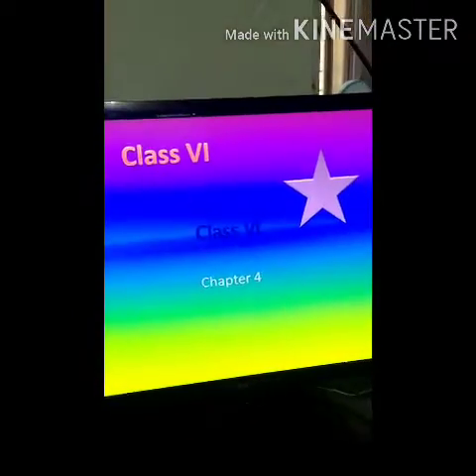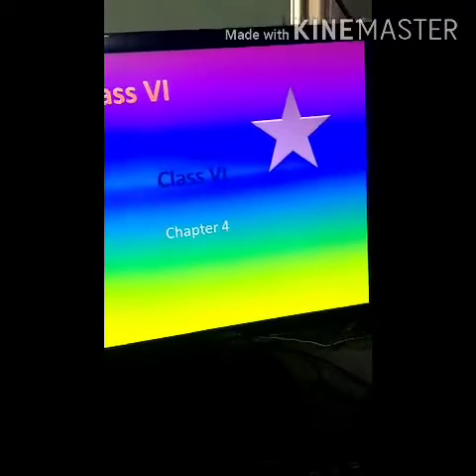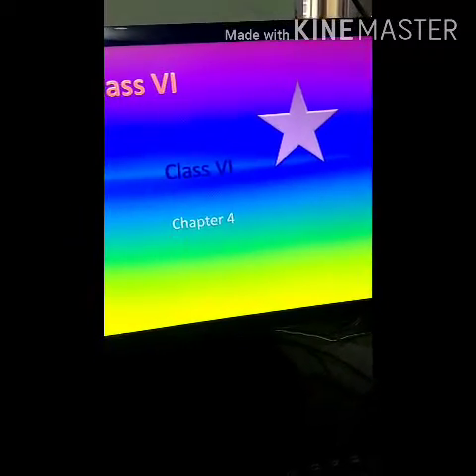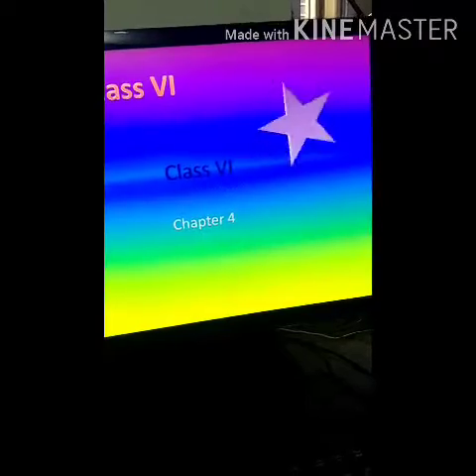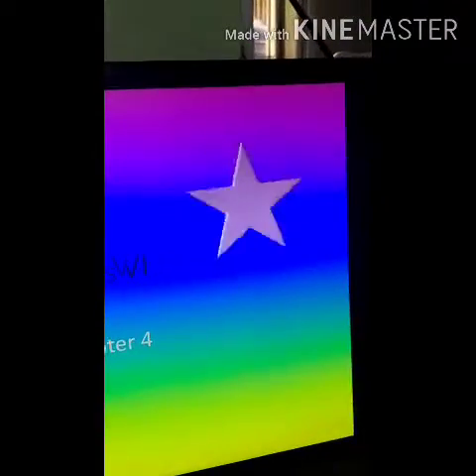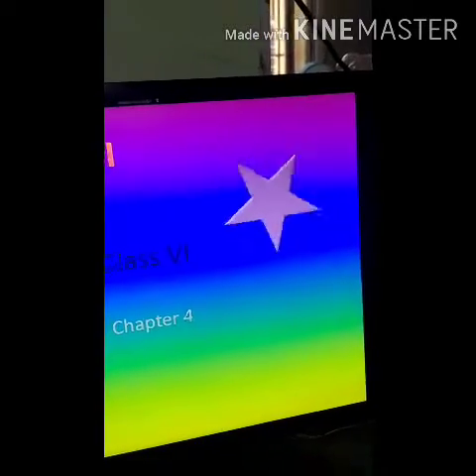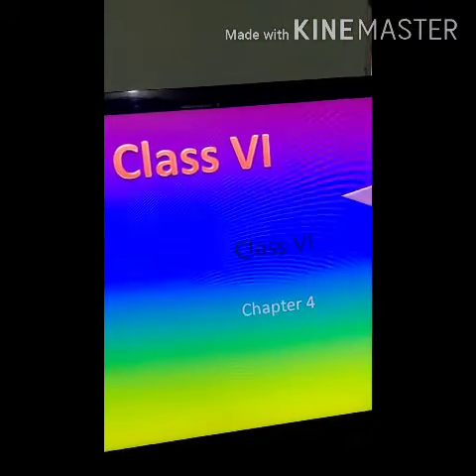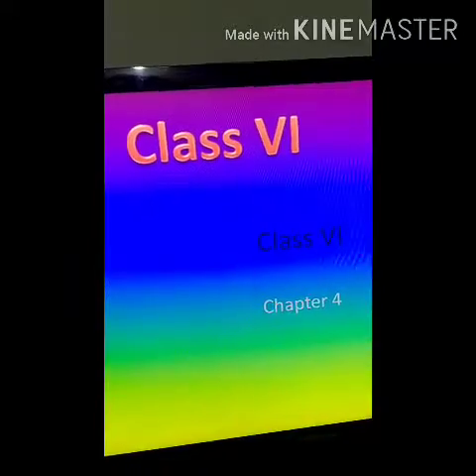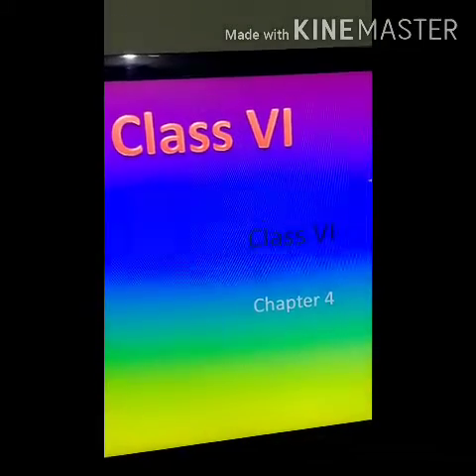Now see, the first slide movement you have seen. Then when I click next, the first object animation is showing, and when I click the next button, it will show class 6 embossing or shrinking.